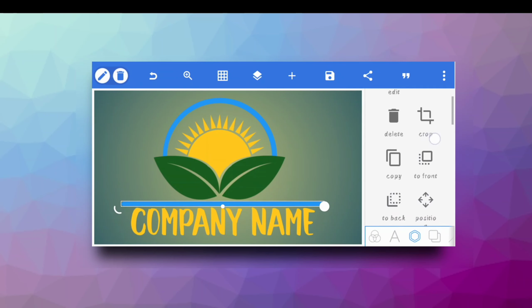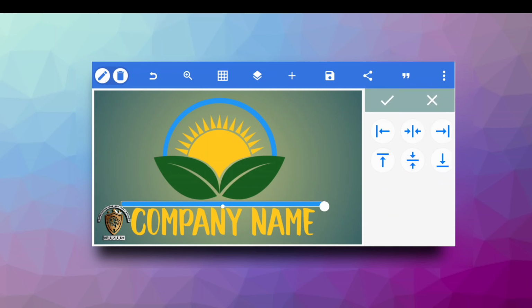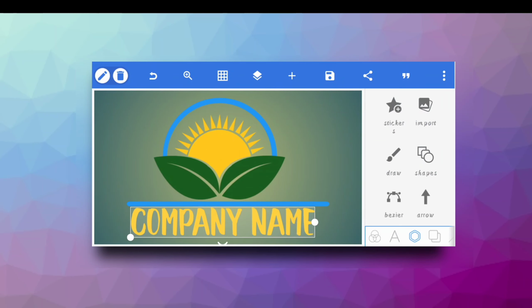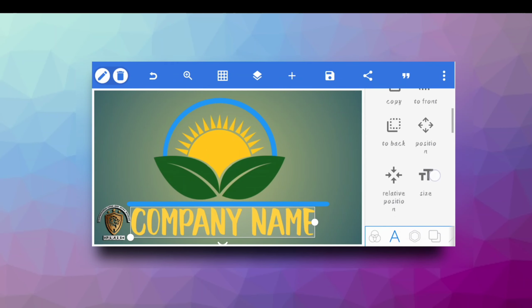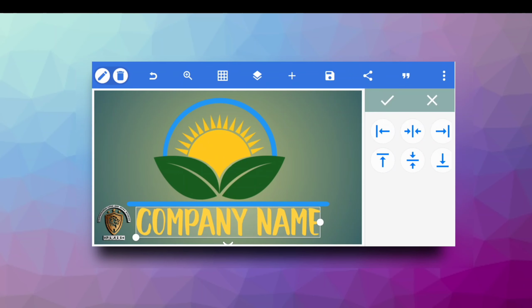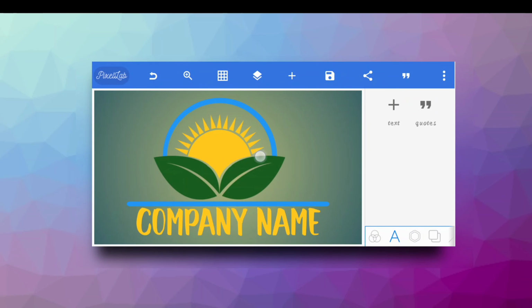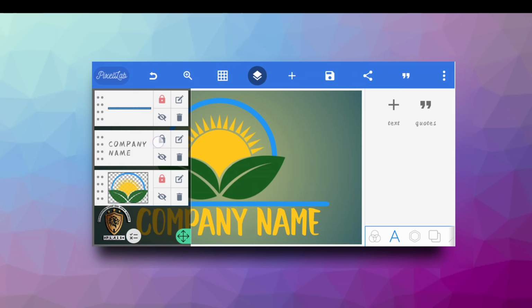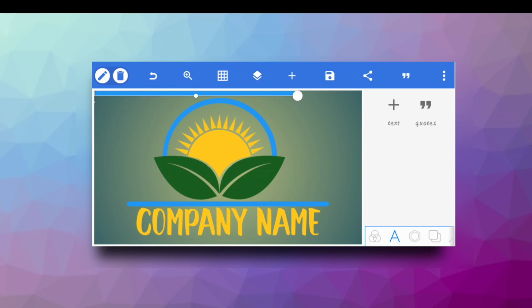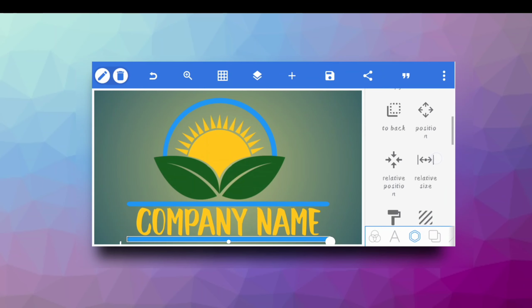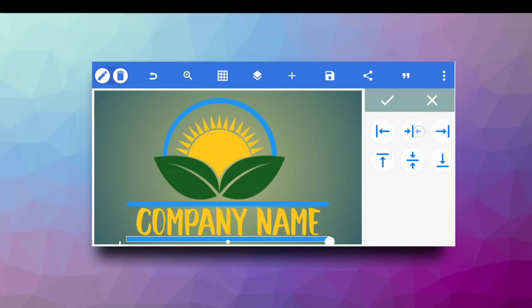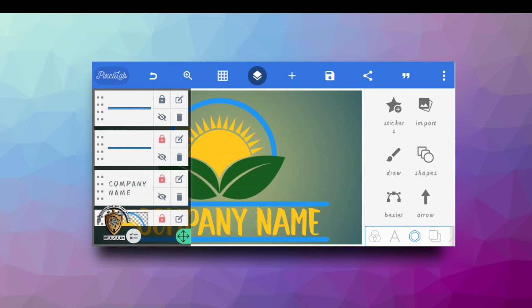Is it the right size? Use it, and now it's combine that